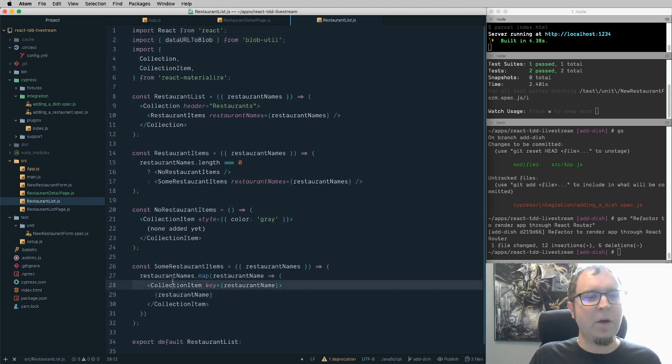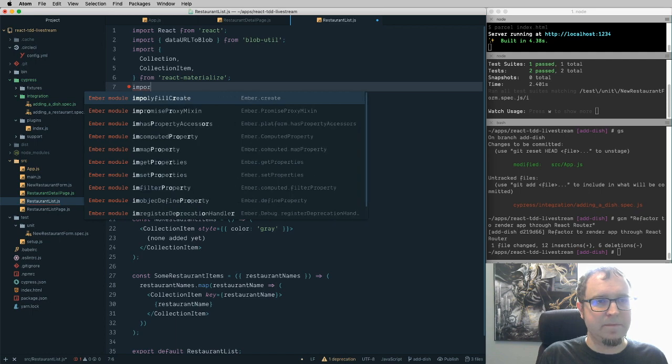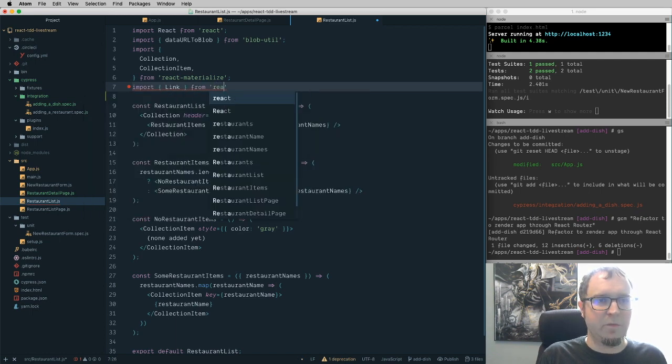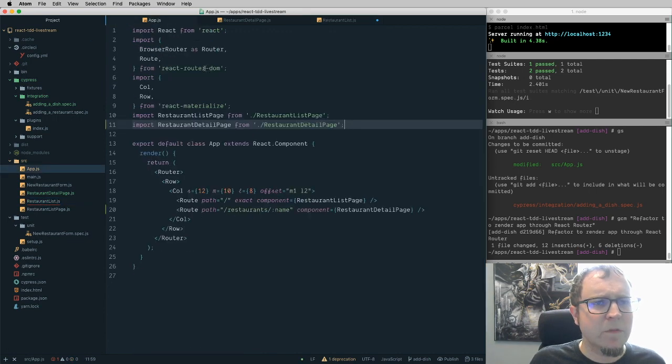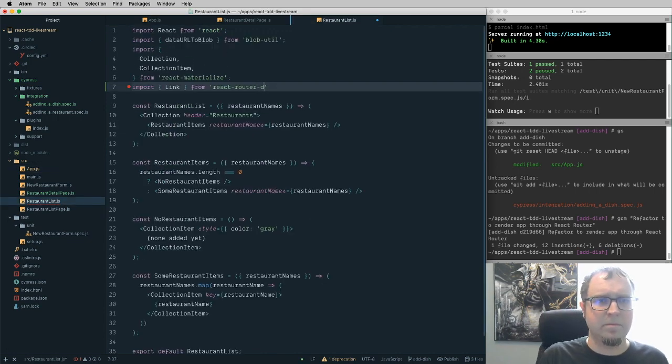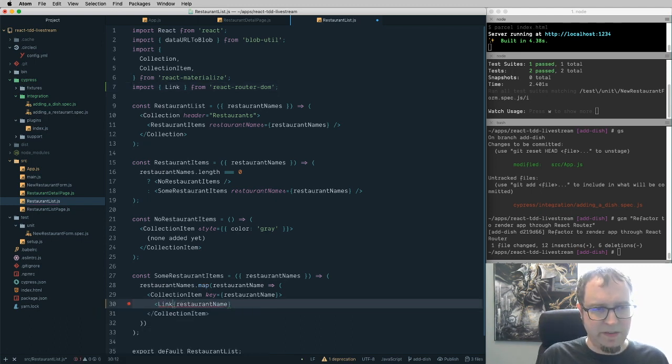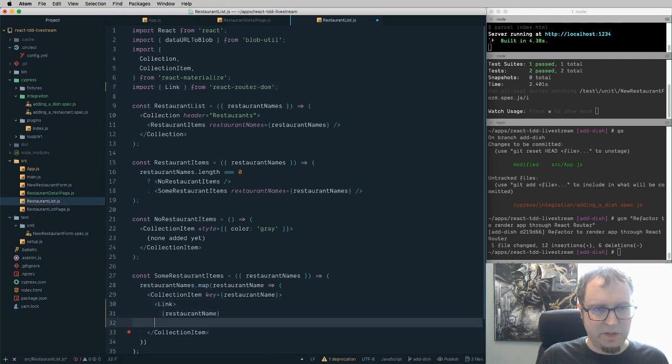All right, so right now in our collection item, we just list out the restaurant names. Instead, what we want is to import Link from React Router DOM. And then within the collection, we're going to link to the restaurant name. I think it's link to